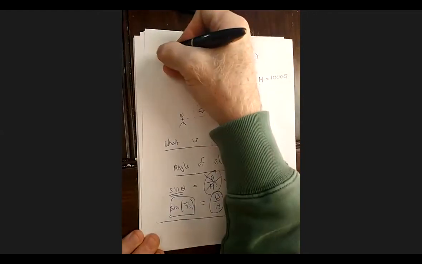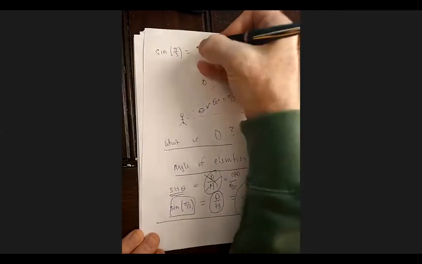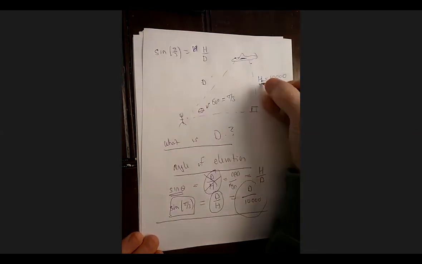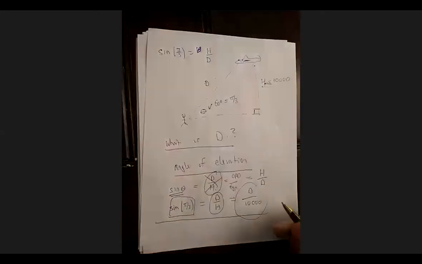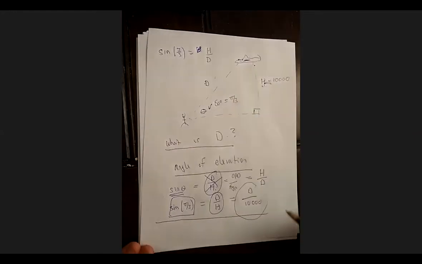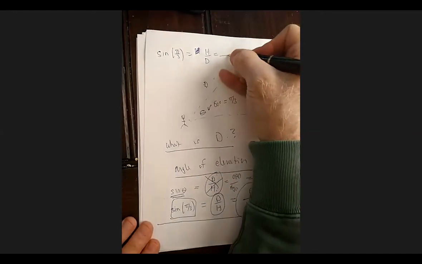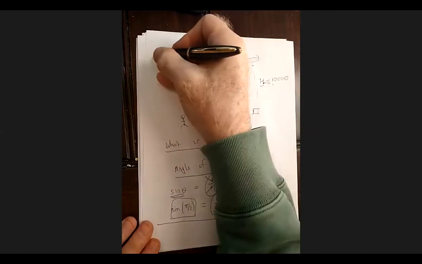So I'm going to do this again. We know that the sine of pi over 3 is equal to height over hypotenuse. That's what confused me. Notice I used height, and when I looked at it, I said, oh, that's hypotenuse. That's what messed me up, my choice of variable for h. So again, when you do a problem and go back over it, you ask, is that really the sine ratio, or did I make a mistake? Okay. And so now I look at it again: D is my unknown, I know what h is, and what's the sine of pi over 3?